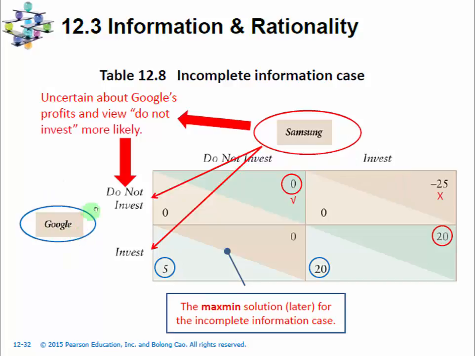For Google, it can compare the minimum payoff first. The minimum payoff for do not invest is 0. The minimum payoff for invest for Google is 5. So compare 0 and 5. Google will choose 5. It's the maximum minimum payoff by playing either do not invest or invest. The result is that when Google and Samsung play the Maxmin strategy, Google invest and Samsung do not invest will